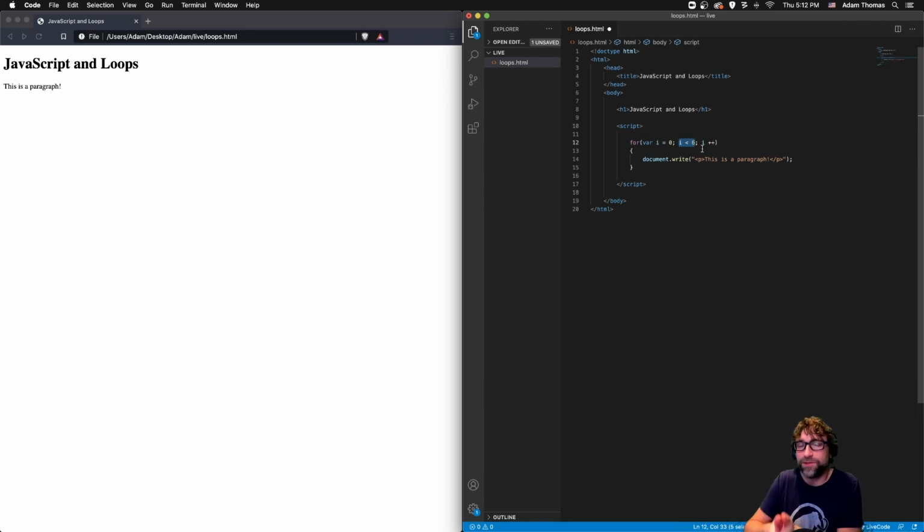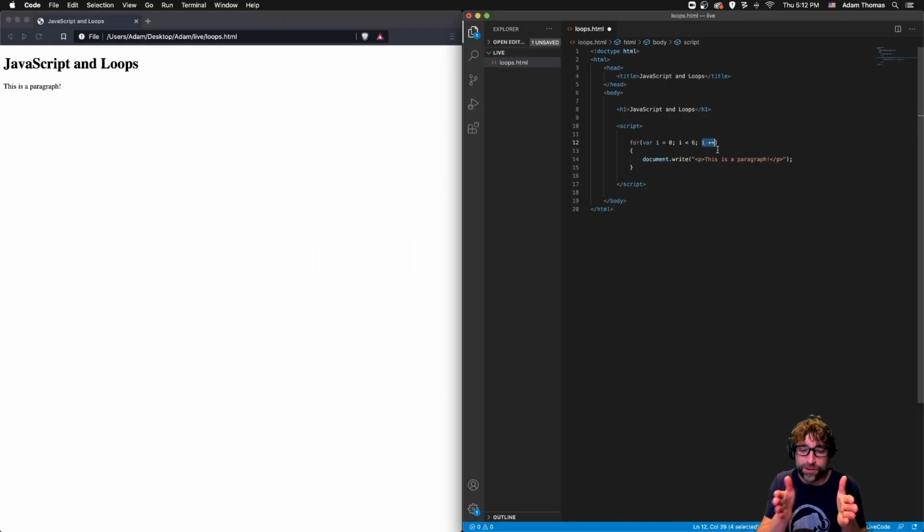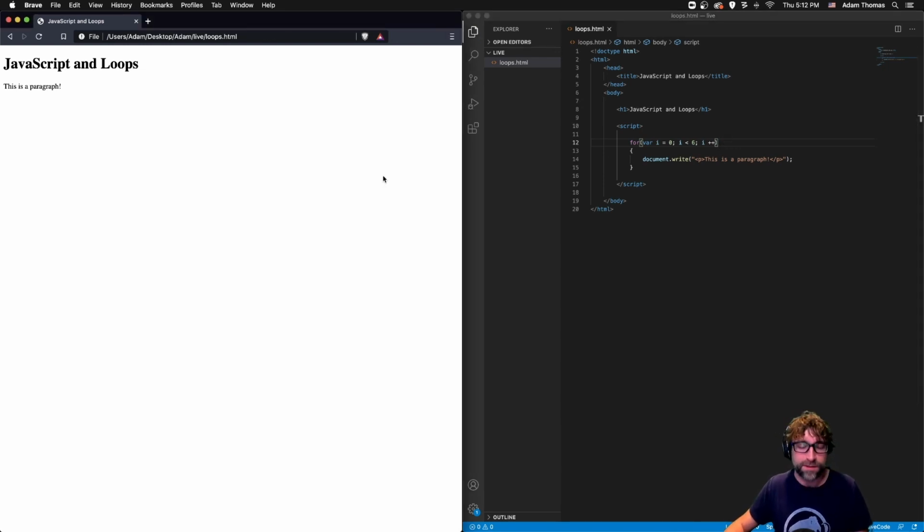If that condition is true, then repeat the block. If the condition is true, repeat the block, and it'll do that until the condition is false. And this piece here modifies or increments our counter. That is executed once after each iteration. So check the condition, execute the loop, modify our counter. Check the condition, execute our code, modify the counter. So in this case, it's going to run 6 times. So if I refresh my page, we get 6